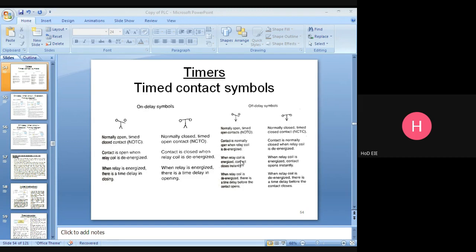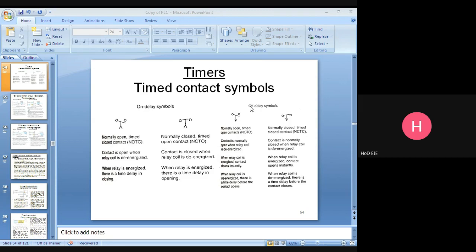When the relay coil is energized, contact closes instantly, because this one is off delay. For off condition only, delay will be there. For on condition, there is no delay.